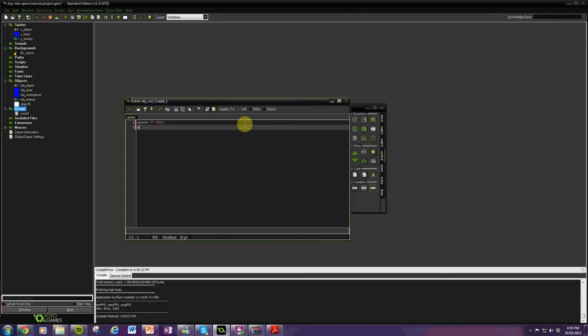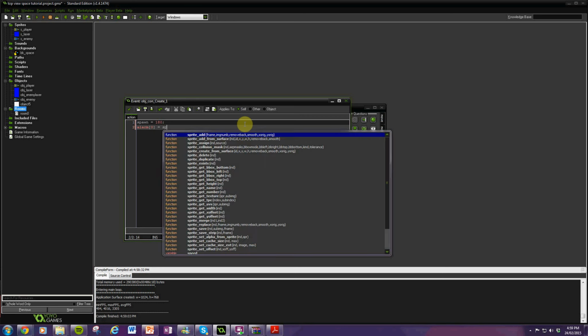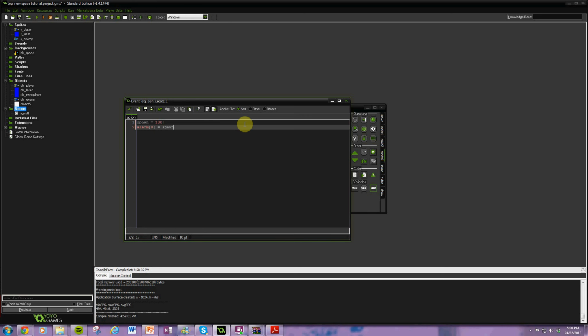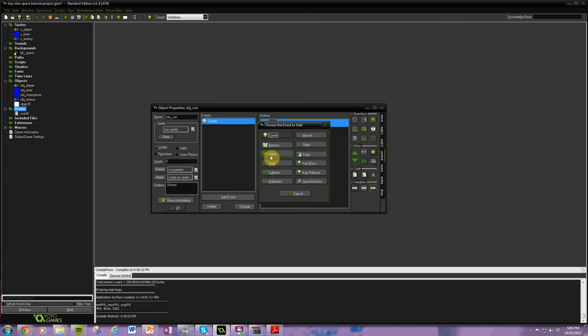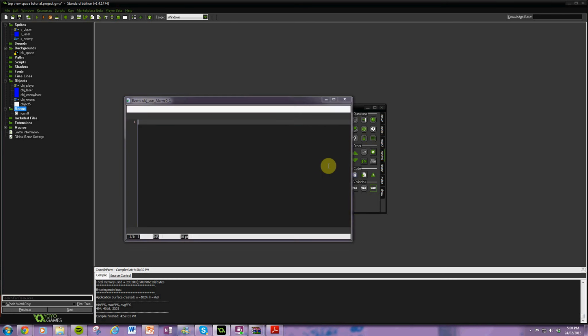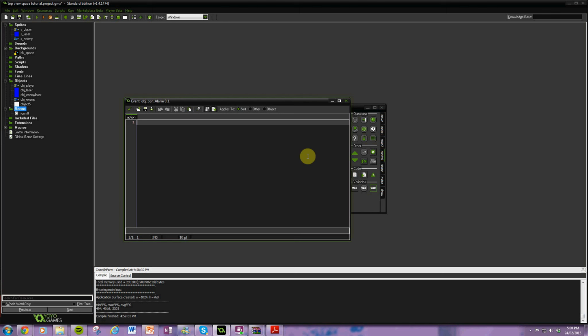and then alarm 0 equals spawn, because we're going to be using the alarm 0 quite often in this, and you all want it to be the same. I just think it's easier to have a variable, so you just need to change that and it changes all of it. And then in alarm 0, get out some code, say